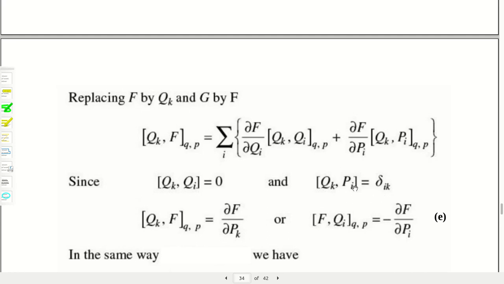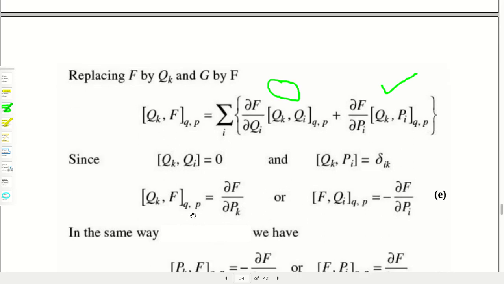Sorry. Let us now put these formulas here. We have found these things, and here the {q_k, f} Poisson bracket will assume the form, it is 0, so that is left out. This will contribute here, delta_ik is there, so i and k should be equal, so you can write del f del P_i or del f del P_k as you wish.